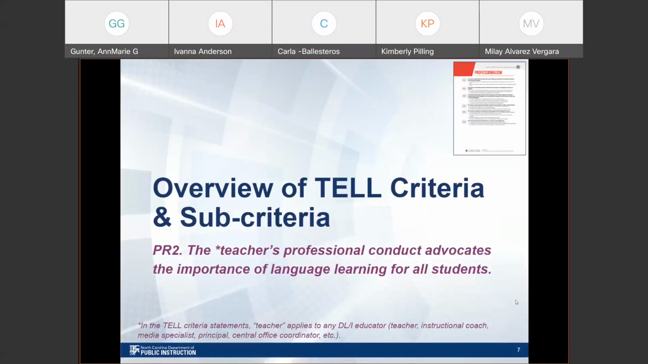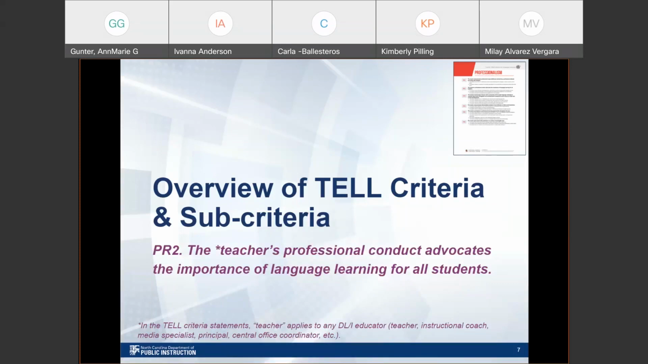All right, well, now that we know you a little bit better, let's go ahead and take a closer look at the TELL criteria. Like I said, TELL stands for Teacher Effectiveness for Language Learning. It's a framework that's used nationally and has been developed and actually revised and updated fairly recently. We like to use it because it aligns to best practices in pedagogy in all types of language instruction, including DLI programs. Our focus today is on PR2, which, as you saw before, states